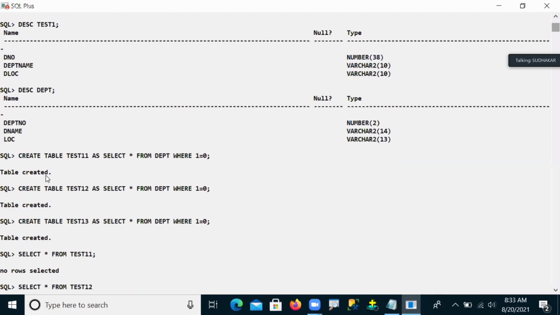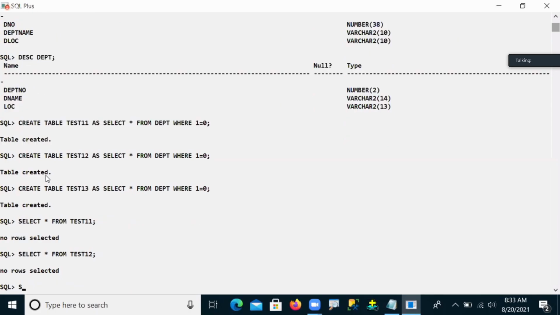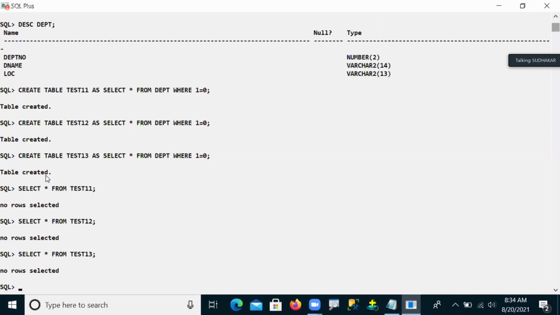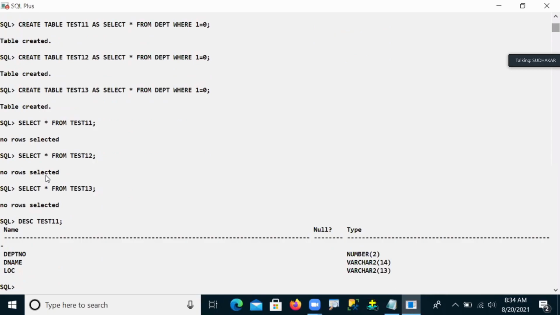Test number 12, there are no rows, and test number 13. Now what I did is I took the same thing. I'm changing all of them now. Can you see? Test 11, same structure taken.